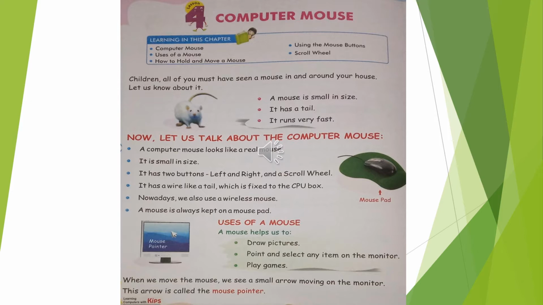Before starting this lesson, I'm going to ask you some introductory questions. You have to write these questions. Number 1, what is a computer? Second, how many parts of a computer are there? Question number 3, what are additional parts of a computer? Fourth, what is a computer mouse? Fifth, what is CPU? These are questions for you. You have to solve them.